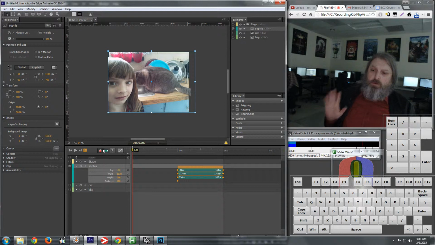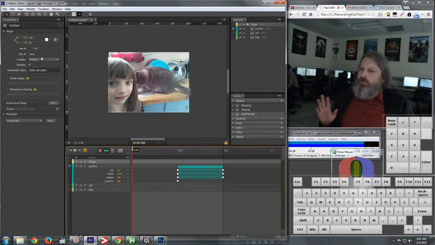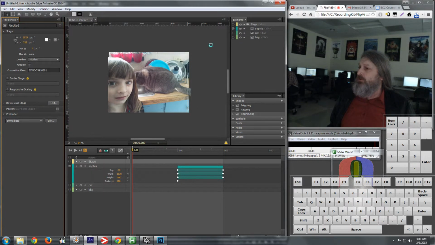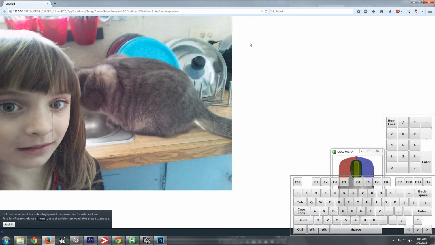Now, we're going to do something else too. The stage auto plays, which is right there. Autoplay means it's going to run the timeline when the thing loads. I don't want it to autoplay. I'm going to turn off autoplay. Now, let's test this and see if this actually worked. If we preview in the browser and our mouse isn't on her, she should never move. That's good. Now, if I go over there,